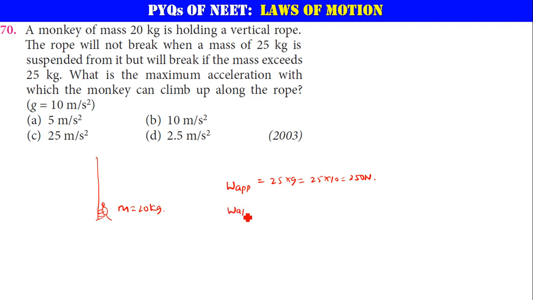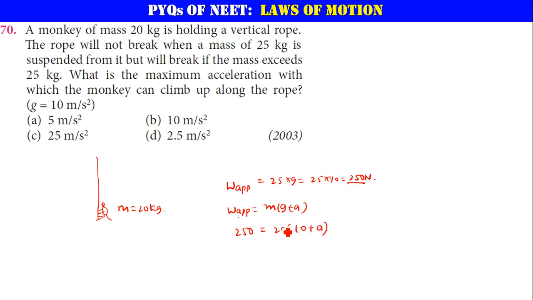Let us consider the apparent weight formula, m into g plus a. So apparent weight, what is the mass here? Mass is 20 kg. Apparent weight is 250. I am considering, for example, the monkey is going with this much of velocity. Of course it has to maintain less than this weight. For that it has to maintain less acceleration than this. So let us get that. G value is 10. Acceleration a is what you need to find.